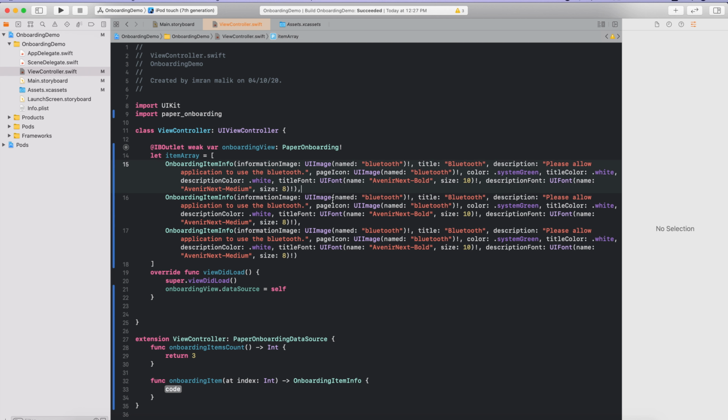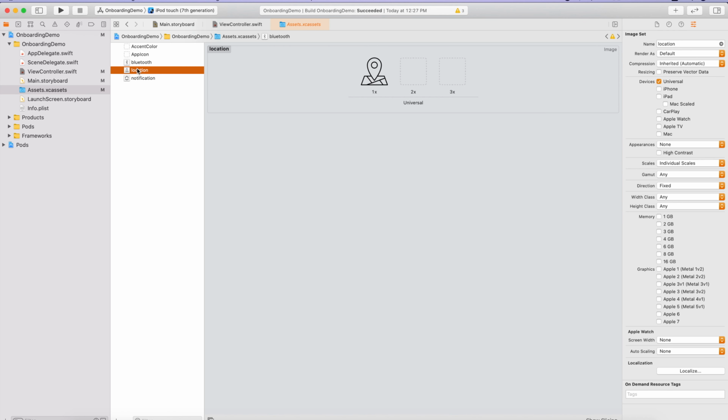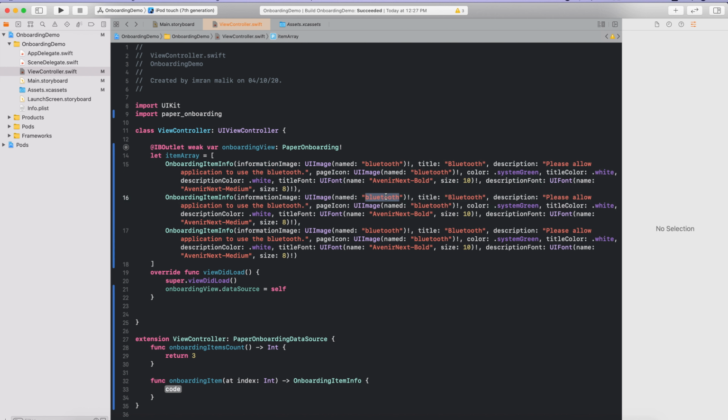The second one we have to use is maybe location. So after the first one we will use the location permission. We will type Location as a title. Please allow application to use the device current location. I'm going to use the page icon as the same one, and everything will remain the same. And the last one is